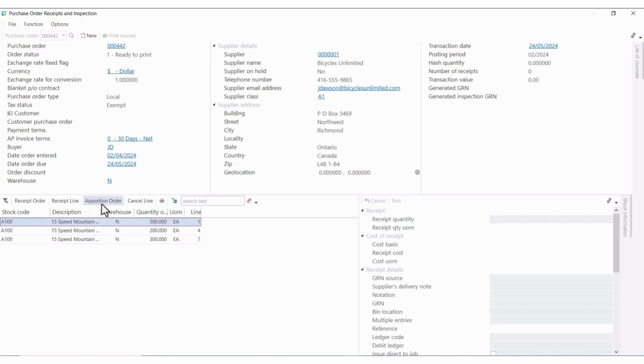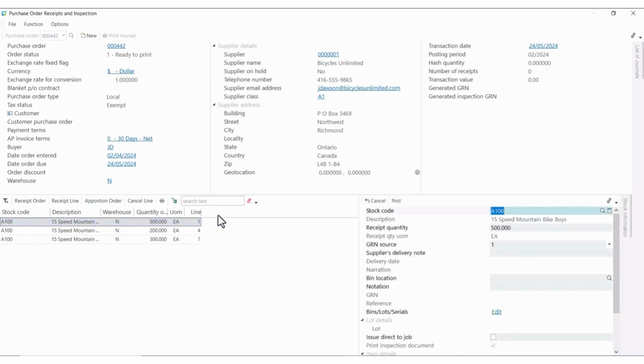So we're going to go to a portion order. Here on receipt quantity, we have 500. That's not what we want to receipt. We want to receipt the entire purchase order, so 1,000. And here, for example's sake, let's say the supplier's delivery note is SS346. We're going to tap off, and here we're going to enter the bin location, to select, and